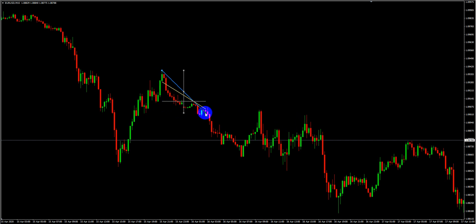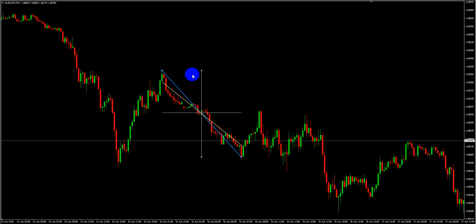So we take this anchor of this line, and we drag it over to our required bottom in this case, right? And the indicator replots. So you see, we get one line here, the other trend line here,